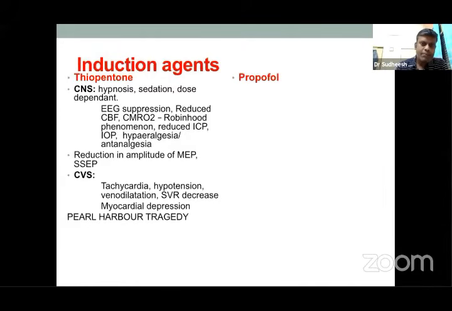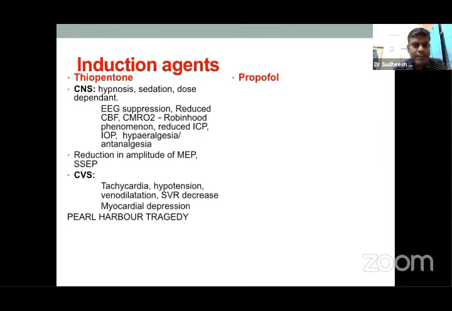In addition to that, whenever there is a head injury or anything, you know that in that area there is local vasodilatation to ensure greater oxygen supply to that damaged area. So whenever there is cerebral vasoconstriction, these vessels are spared. So therefore, the blood will move from the normal area to the damaged area, so that there is preferential movement of blood due to cerebral vasoconstriction from the normal area to the injured area, thereby improving the blood supply to the injured area. So this is known as Robin Hood. Robin Hood, basically what he used to do, he used to take from the rich and give it to the poor. Exactly, the thiopental is also doing the same.